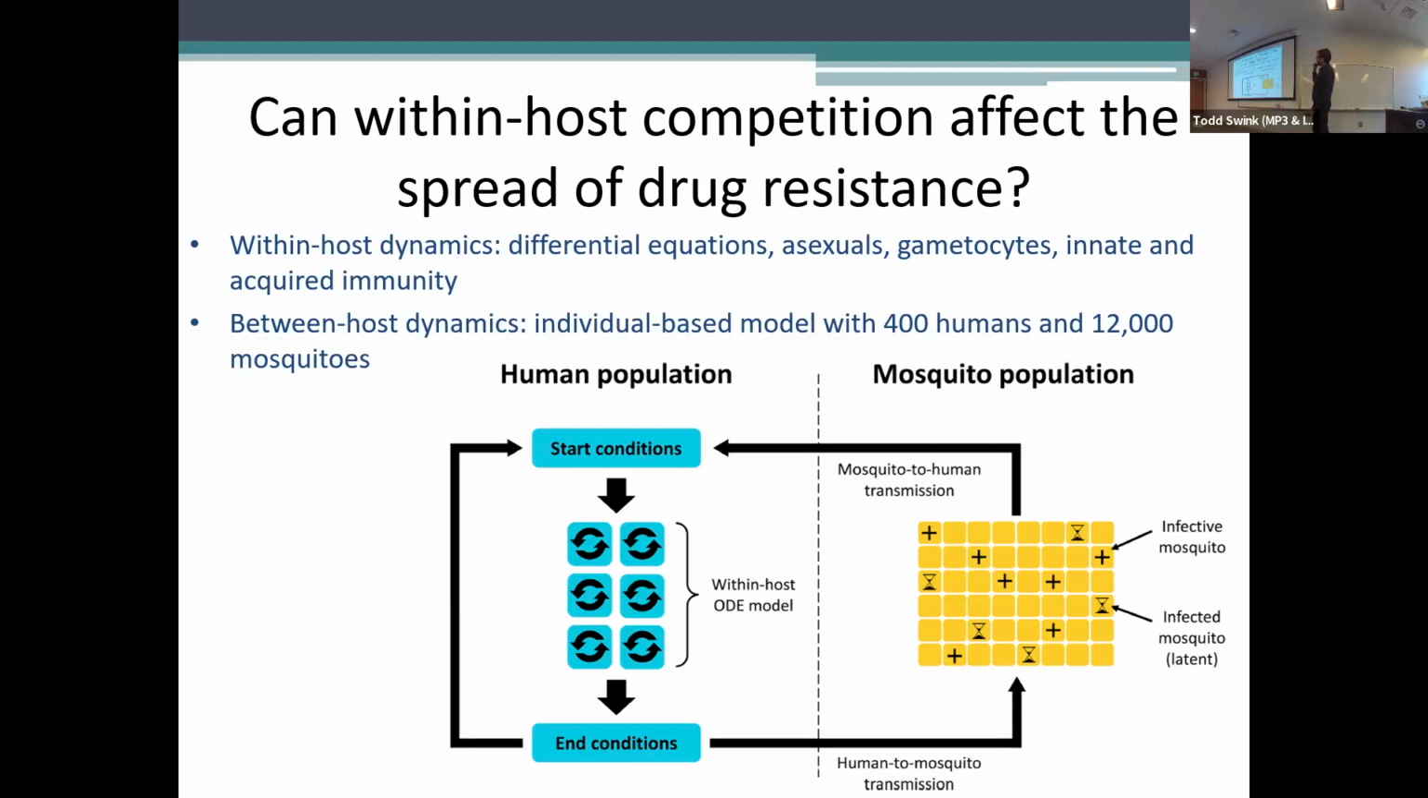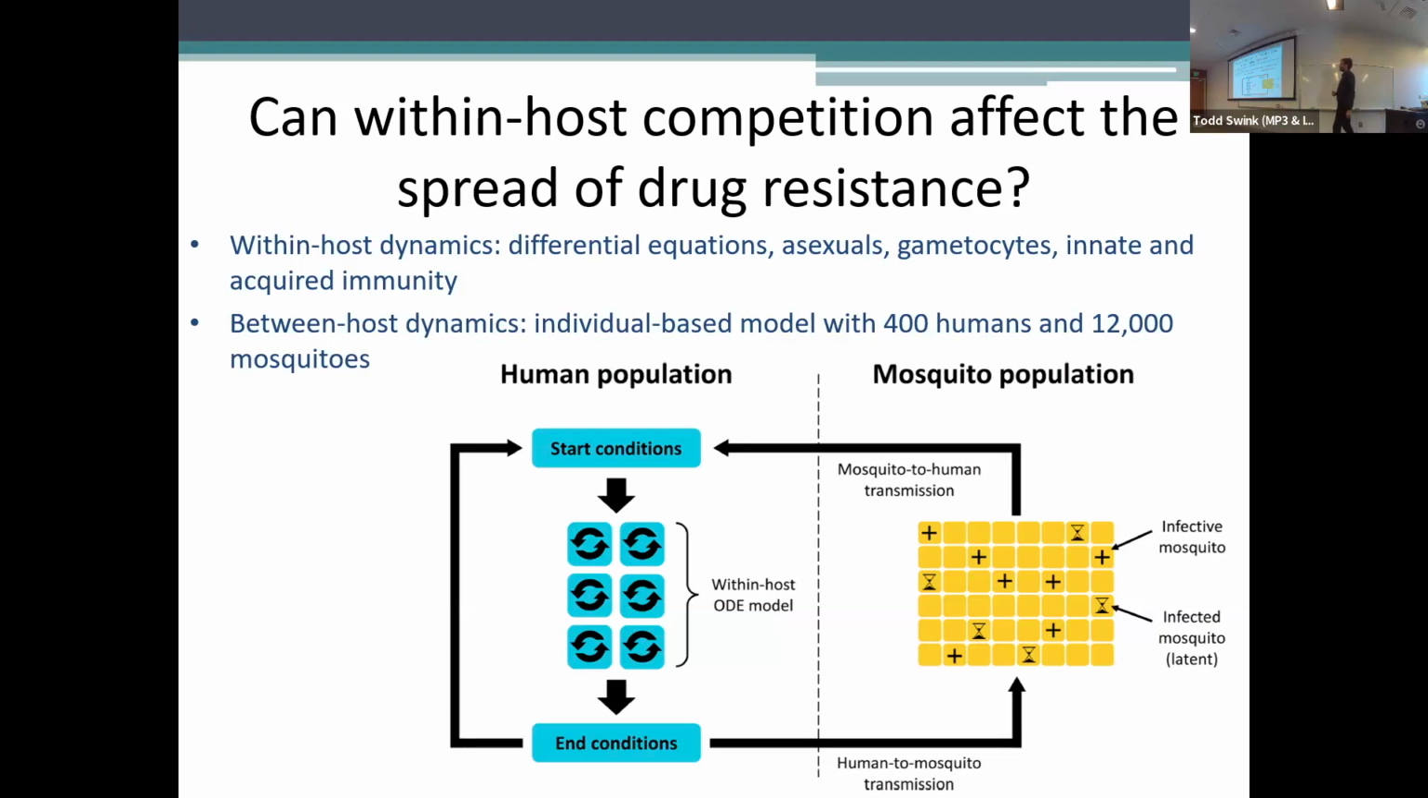So we can look at asexual parasites, the gametocytes, which are the ones that actually make it to mosquitoes. And we can also look at innate and acquired immunity. And all of that work is really based on all the work that Rustem has done, really trying to understand how immunity works as a quantitative process. And then for the between host dynamics, we did an individual-based model, also known as an agent-based model, an ABM,